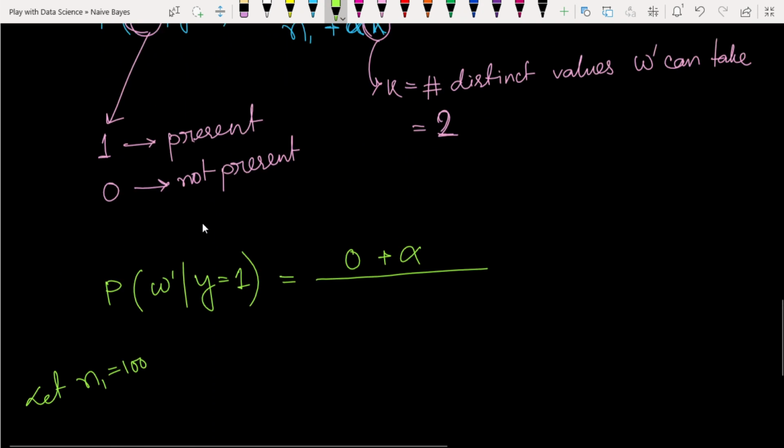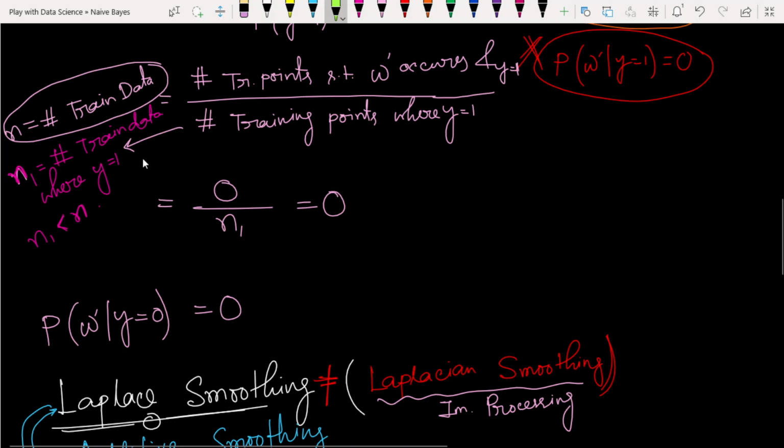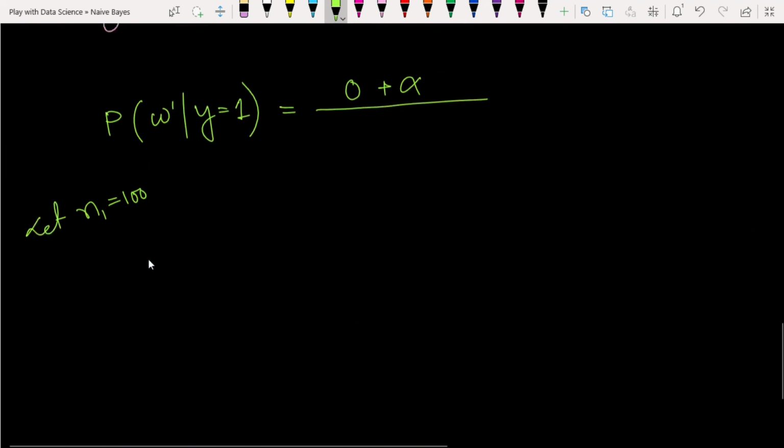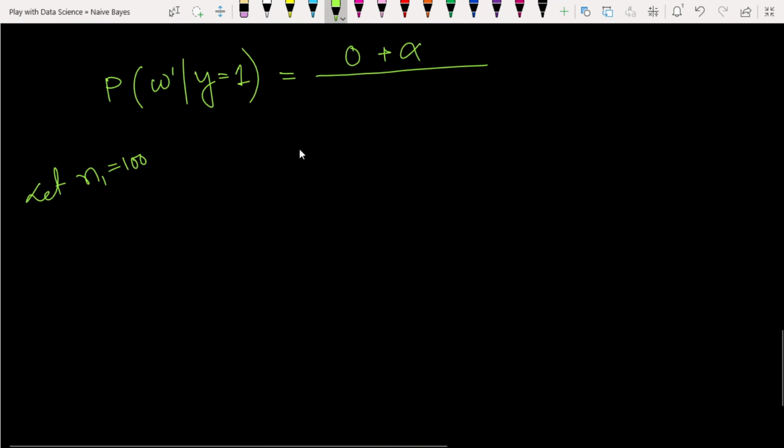That means in our training data set, the number of points in class 1, that is n1, is 100. So our denominator will be 100 plus alpha k. Here in this example we have taken k equal to 2,